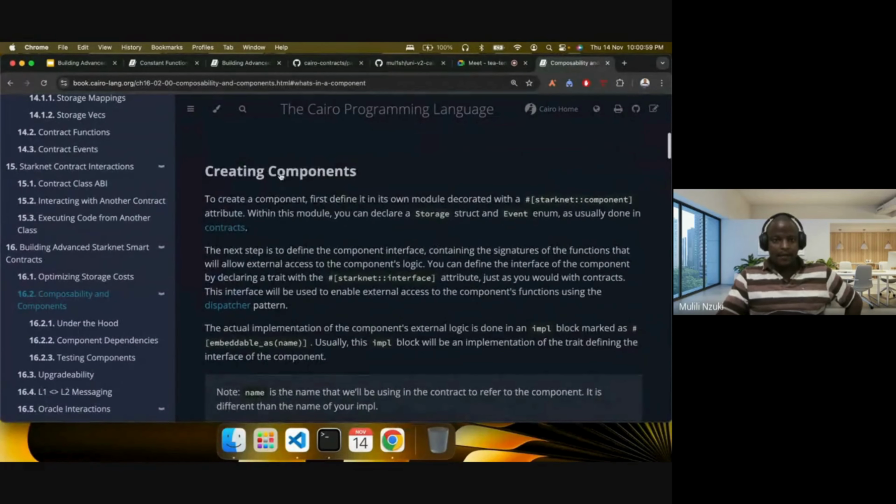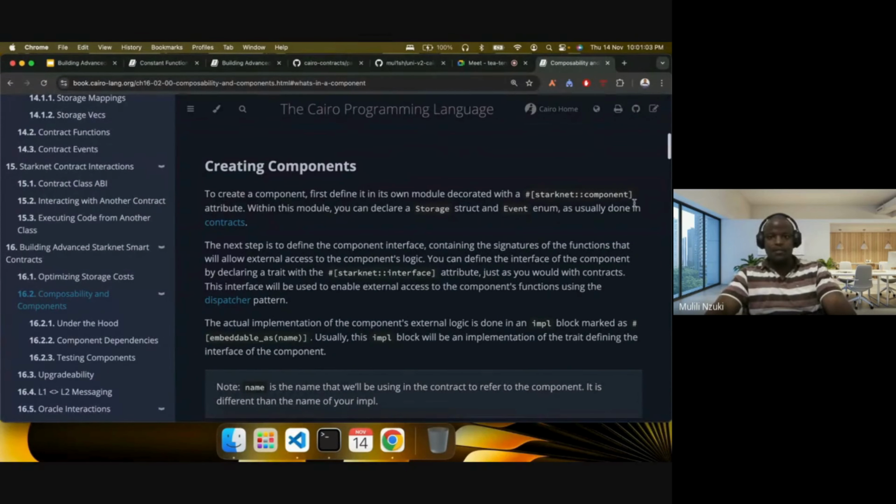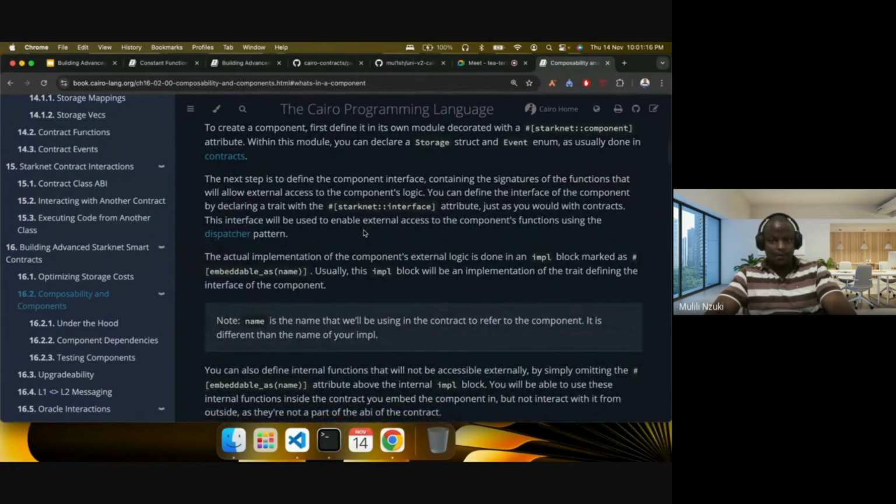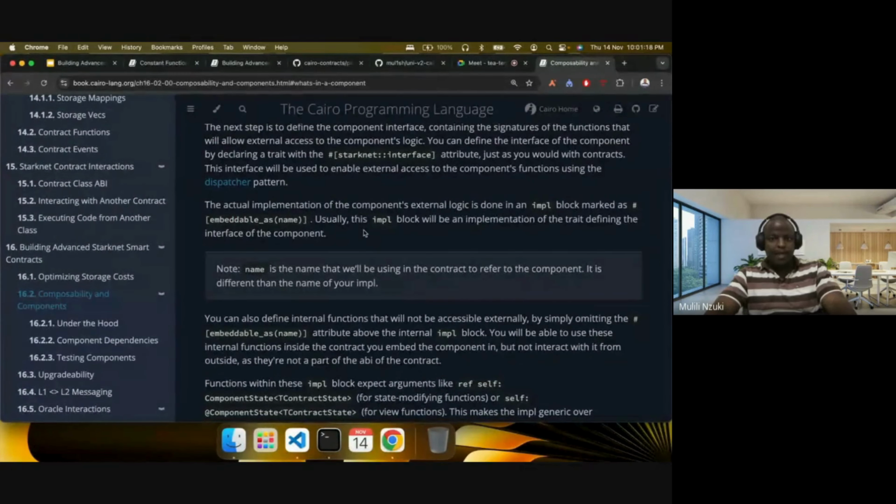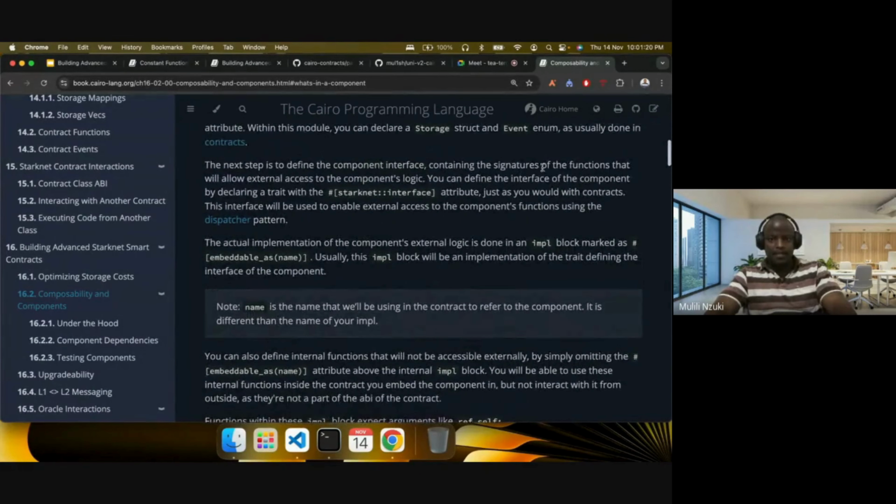And then it goes into the explanation of creating components. You first have to define a module that is decorated by this Starknet component attribute, very important. And then inside this module, you can declare storage, struct, event, enum, all of that. And then the next step is to define the component interface. Again, you saw this with my